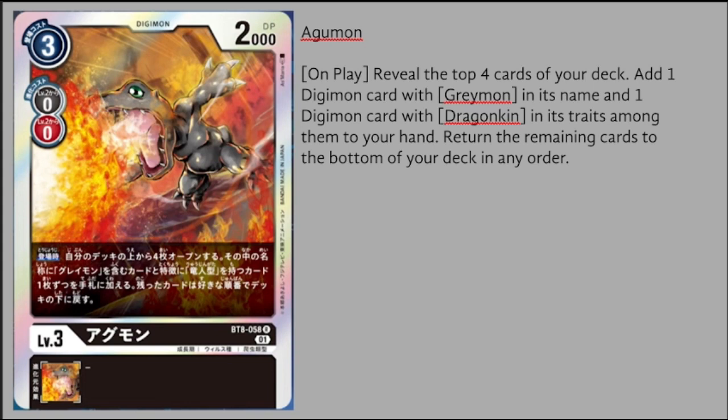But speaking of cards that are supporting the red-black color combination, next we have a new version of Agumon. So this is a black Agumon that's digivolving off of a red or black Digitama, so it's supporting those two colors that way with a nice on-play ability that red or black can use, where it reveals the top 4 cards of your deck, then adds one Digimon with Greymon in its name and one Digimon with Dragonkin in its trait from among them into your hand, and then the rest go to the bottom. So it's just your stereotypical digger, except this is a slightly better digger because it's looking for potentially 2 cards,